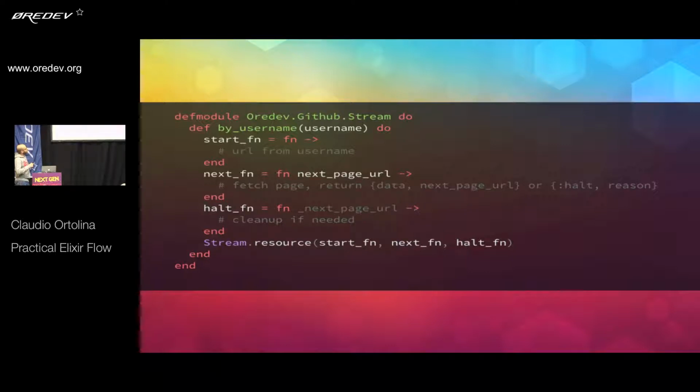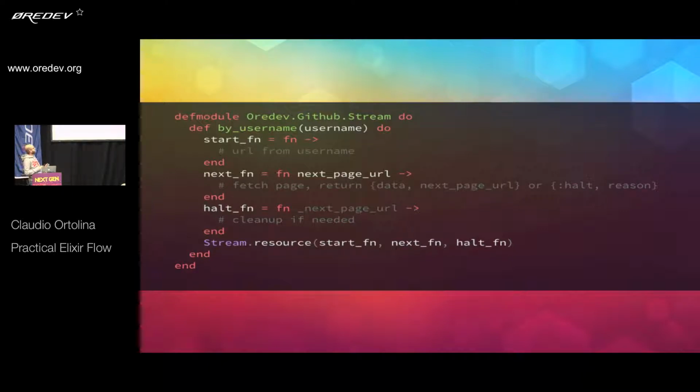it is very similar to the way you would consume that API with an API client, meaning you start from a username and then you compute, and that's the start function. You compute the URL you want to go to fetch the first page of results. Now, fetching the first page or any page is always the responsibility of the next function. So any URL, even the first one, can be used to go forward, and you fetch the entire page,